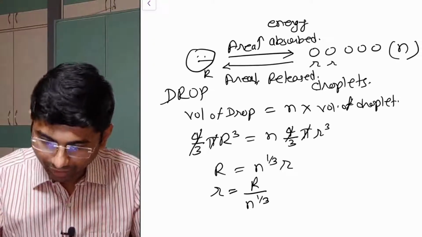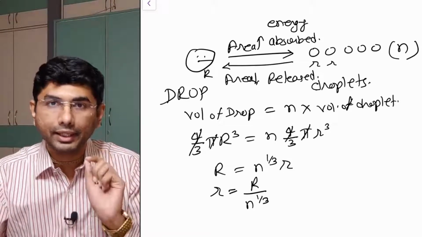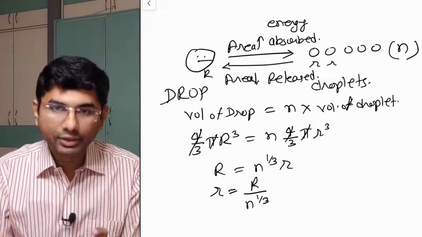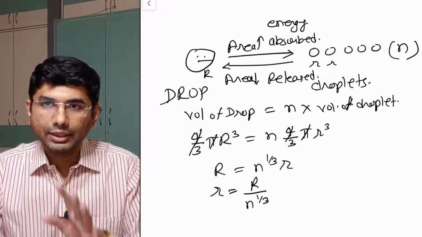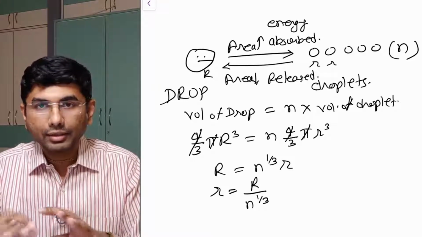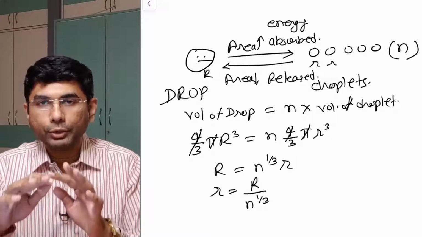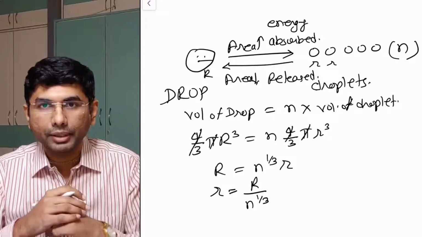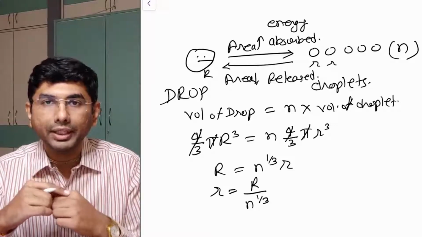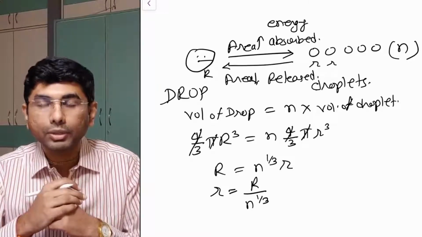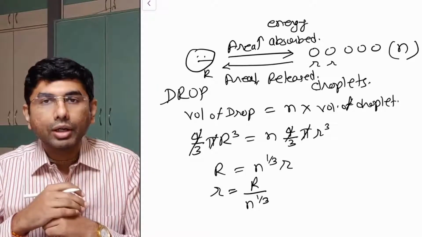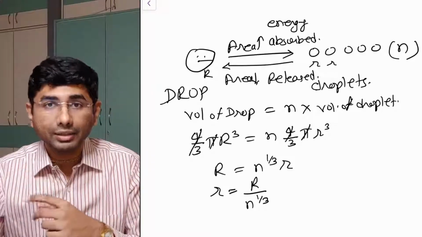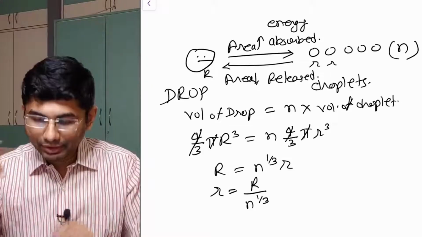Now the second part: I need to find the effective change in the area. Initially there is some area. The area of the sphere is 4 pi R square. A drop is completely filled inside with water, so I have to consider just the outside area, which is 4 pi R square. If it were a bubble, the area would be 8 pi R square, but I am just considering a drop. The drop has area 4 pi R square, and the droplets again have area 4 pi r square, with small r, and I need to find that difference.